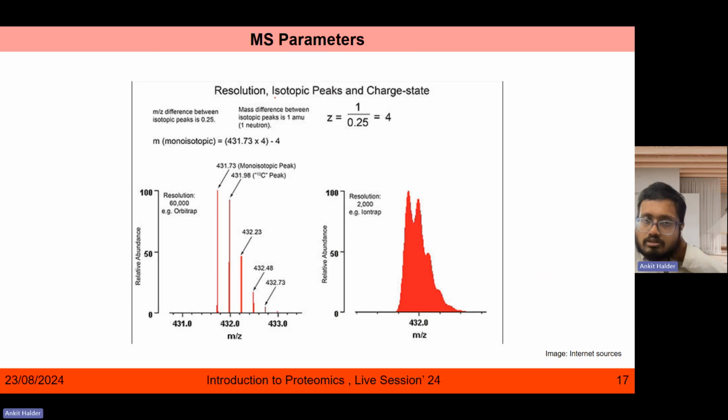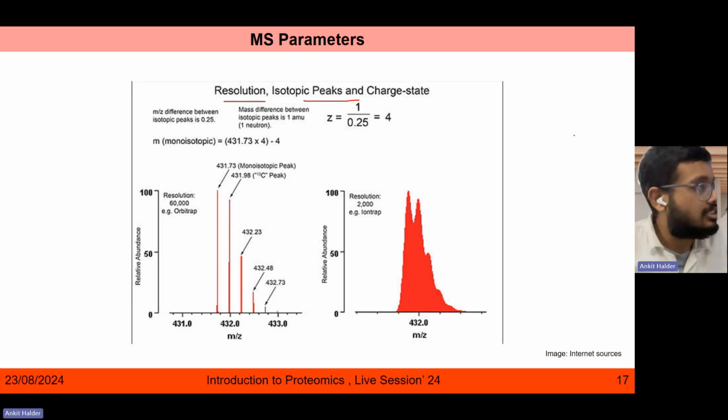Okay. So now there are certain parameters which we need to keep in mind and understand, and those are the resolution, isotopic peaks, and the charge state. So what is the resolution? So here you can see that resolution, by literal meaning or by definition, is the